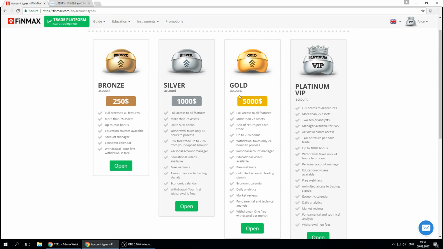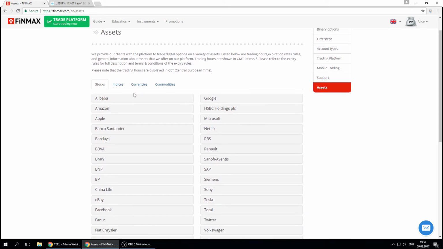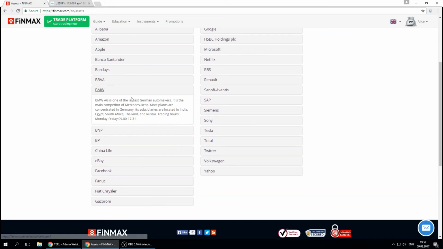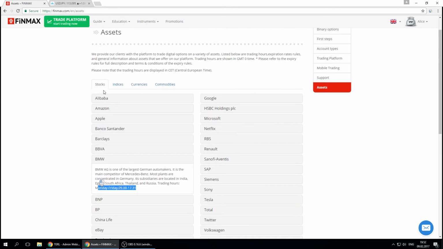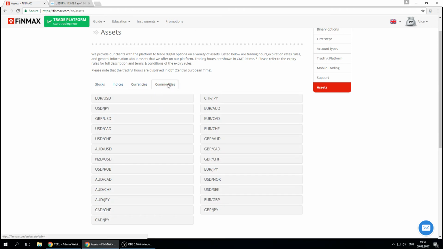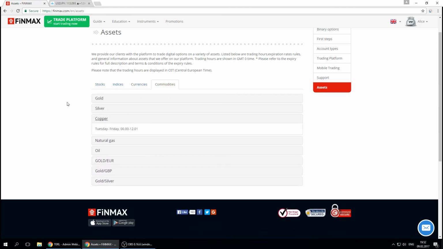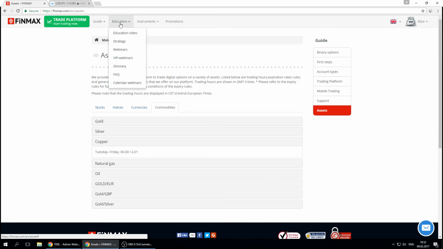Also, the gold account gives you trading signals all the time, with unlimited access to them. You can see here also the assets that are available, and you can see brief information about these assets. You can see the trading hours for these assets, when you can trade on them, and you can see here more detailed information. Education can be good for beginners as well as for advanced traders, because here you can see